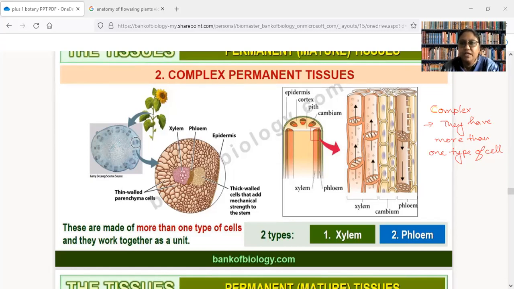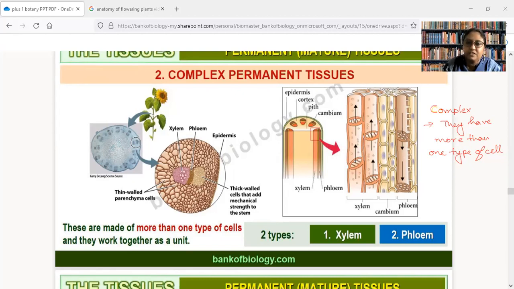But then also we say that it has one type of cell. So why is this confusion there? At a specific place, only one type of cell is there. That's why it is known as simple permanent tissue. That means if I am talking about collenchyma, it will be only collenchyma. If I'm talking about chlorenchyma, it will be only chlorenchyma. They don't have mixed cells performing the same function. If there is a modification in structure, their functions change.